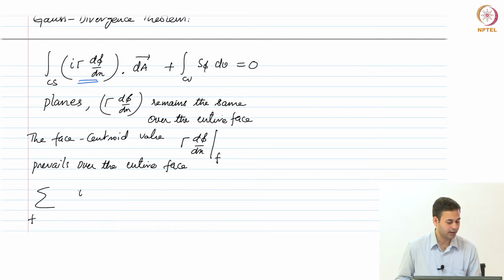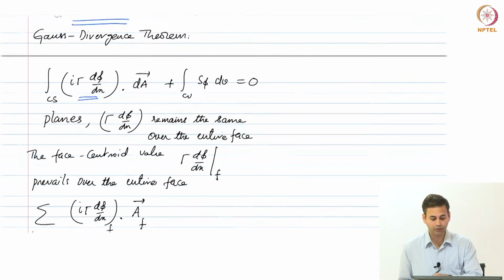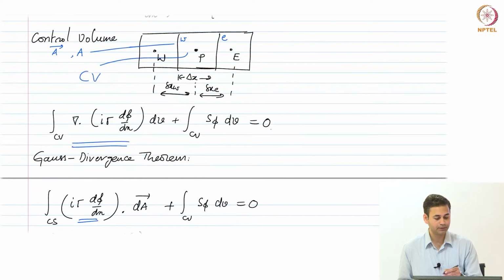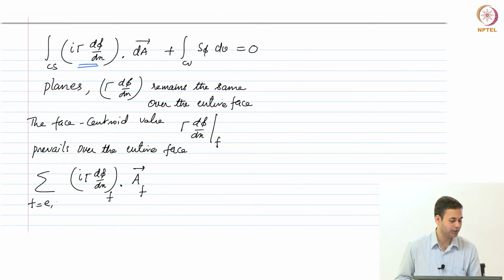as gamma d phi dx dotted with A bar. Now these are all for all the faces. So then this quantity has to be evaluated on the face. And if we go back, how many faces do we have for our cell? We have only 2 faces. This is kind of a 1D problem, so we have the east face and west face. So this summation has to be done on f equals E and W,